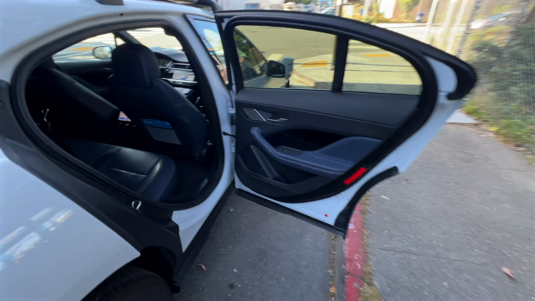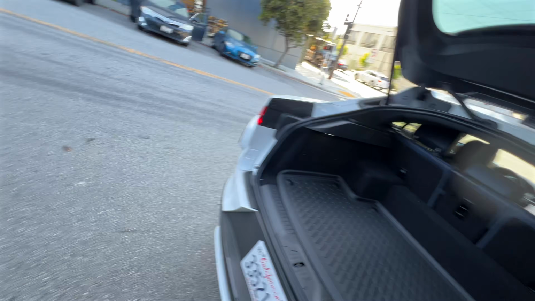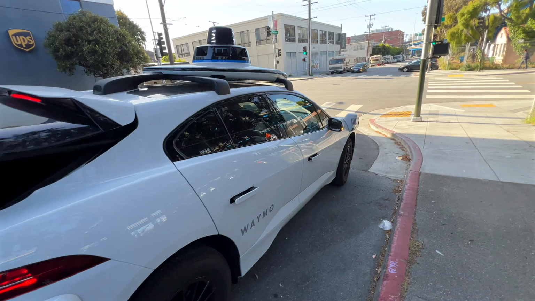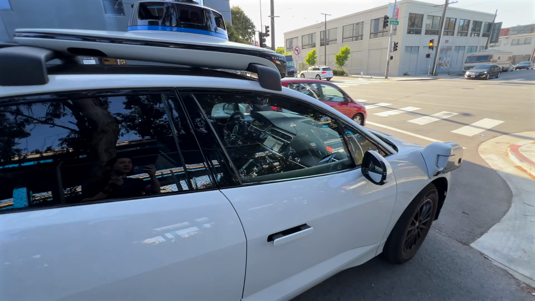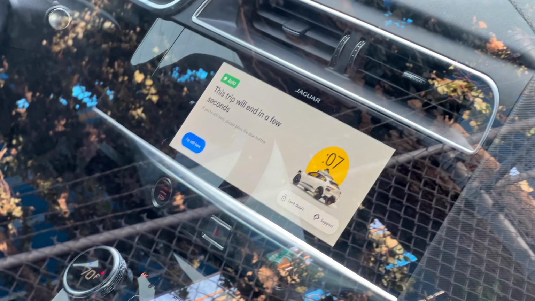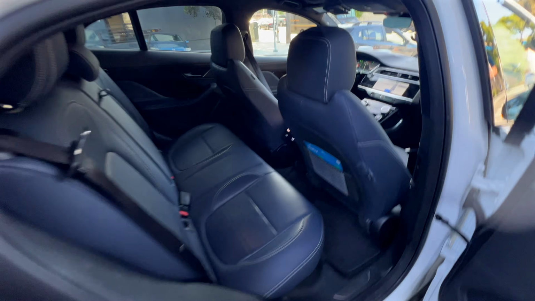I usually like to keep one door open on Waymos at all times so that it doesn't just randomly go away. But you actually don't need to do that. So we'll see here. I've got all my stuff, close all the doors, and there's actually a little bit of a countdown before the car leaves. And if you open the door before that countdown, let's say you forget something, you can actually open the door at any time, and then that will,